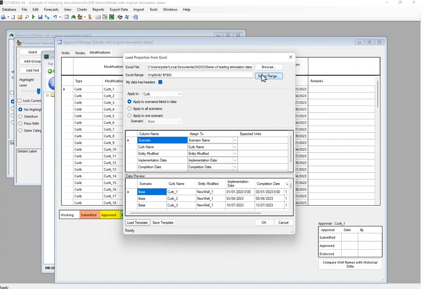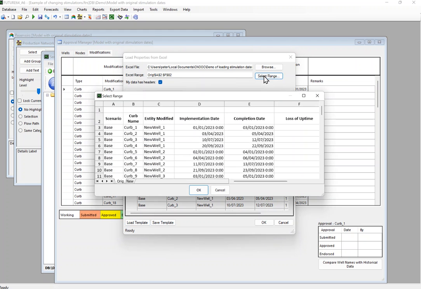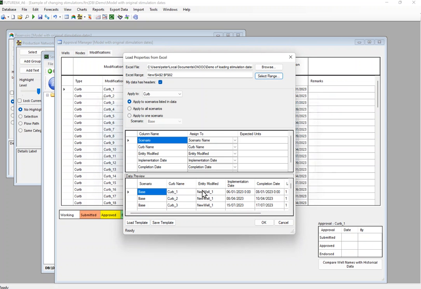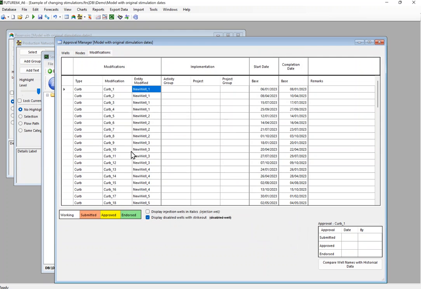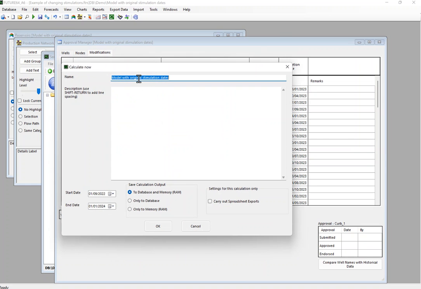And then what we get is the properties there. However, we're going to do a slight modification, because we're going to move to another sheet where we've got the new dates. Everything's shifted by 5 days. So we'll click OK, and now we've got new dates, and if we run it,